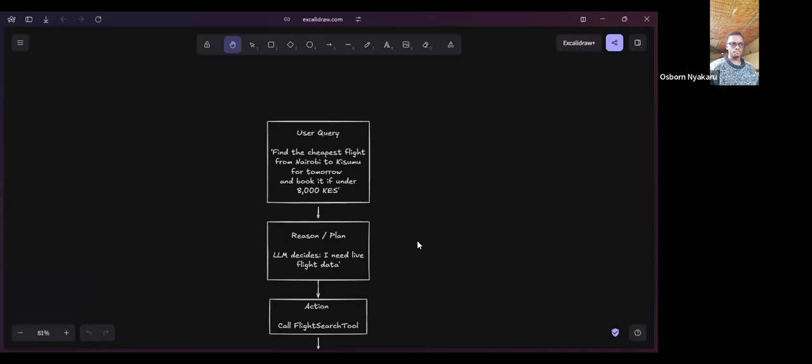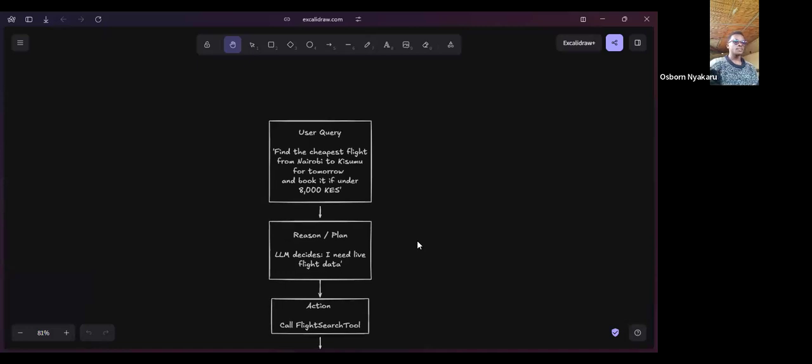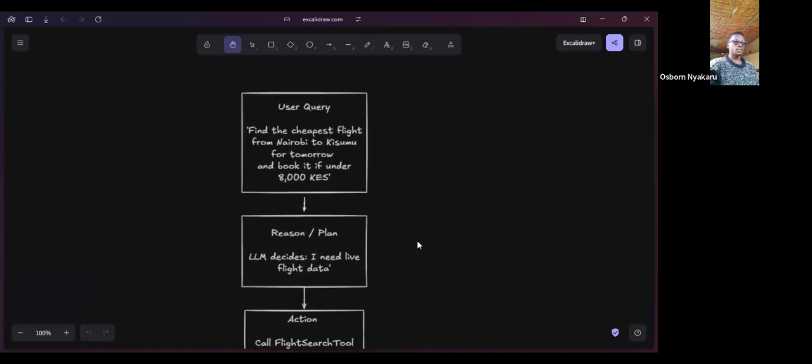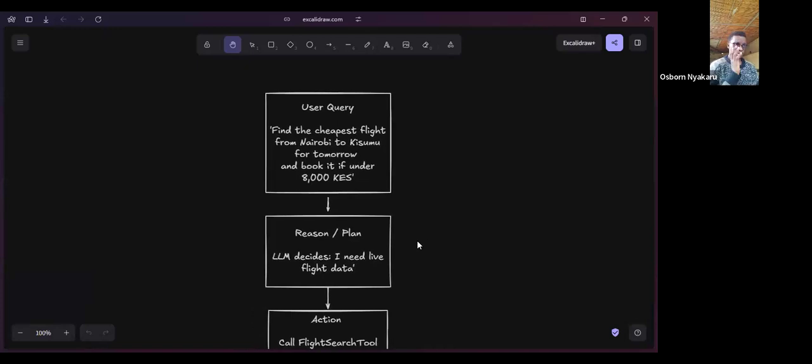An example could be, for an agent that books flights, a user query like: find the cheapest flight from Nairobi to Kisumu for tomorrow and book it if it is under 8,000 Kenya shillings. That's a query that a user provides.